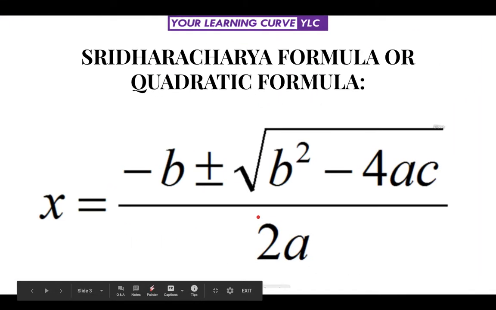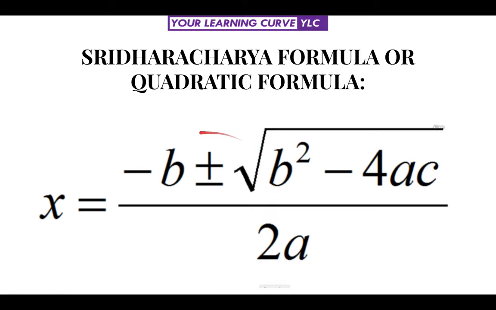In the previous lecture on quadratic equations, I have already explained the deduction of Sridharacharya formula or the quadratic formula. By solving it, we got x is equal to minus b plus minus root over b square minus 4ac. This term we call discriminant. B square minus 4ac is called the discriminant, and it decides the nature of roots of this quadratic. The whole divided by 2a. These are the two roots of the quadratic equation.